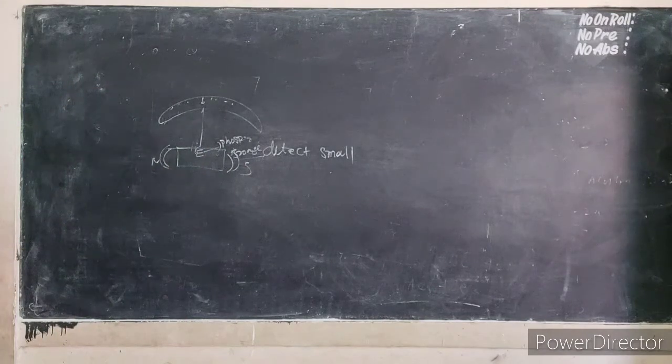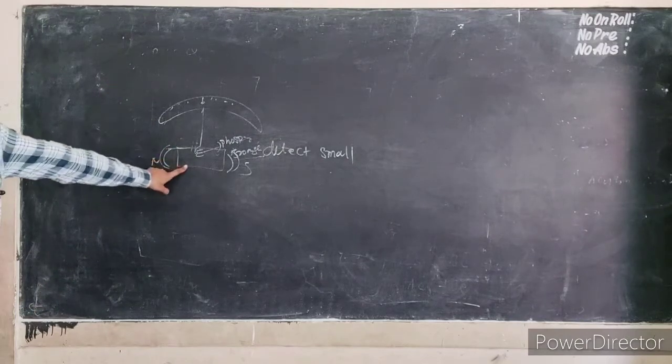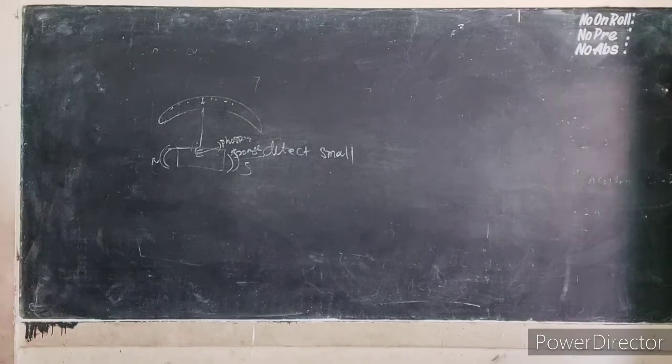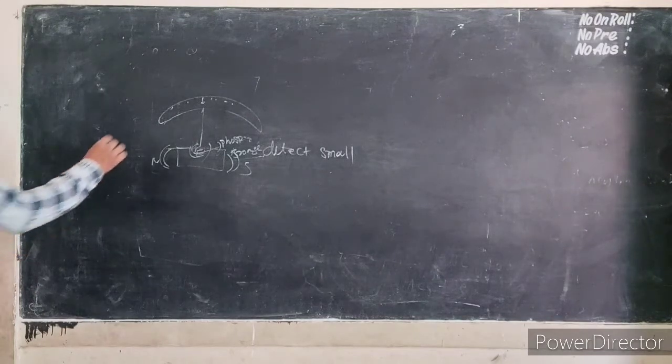The moving coil galvanometer consists of a rectangular loop. This is a rectangular loop of insulated thin copper wire, and the coil contains a large number of turns wound over a light metallic frame. A cylindrical soft iron core is placed symmetrically inside the coil as shown in the figure. The rectangular coil is suspended freely between the two pole pieces of a horseshoe magnet. The upper end of the coil is attached to one end of a fine strip of phosphor bronze, and the lower end of the coil is connected to a hair spring, which is also made of phosphor bronze. On the fine suspension strip, a small plane mirror is attached.